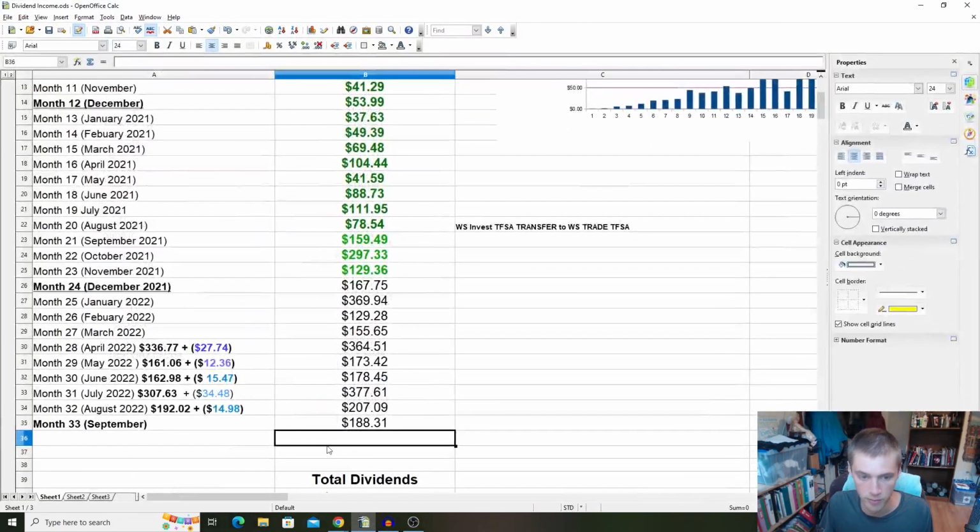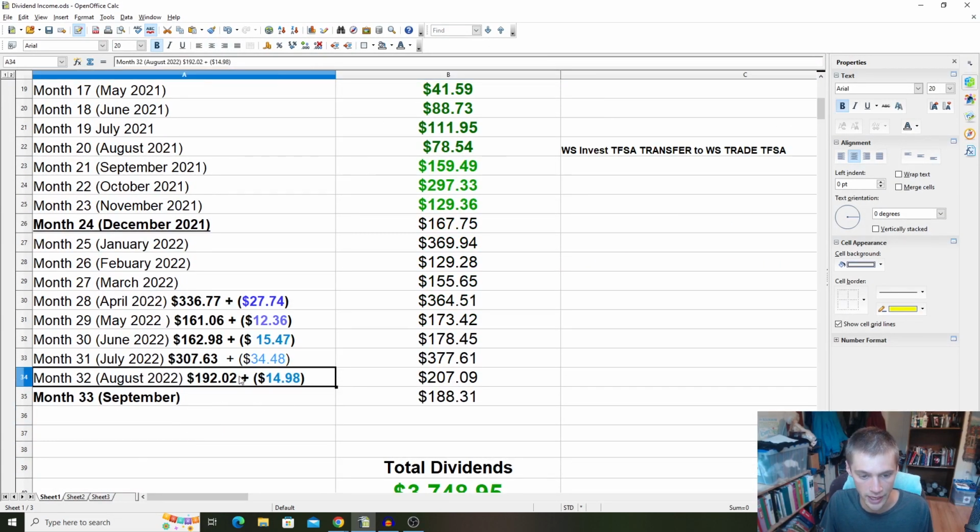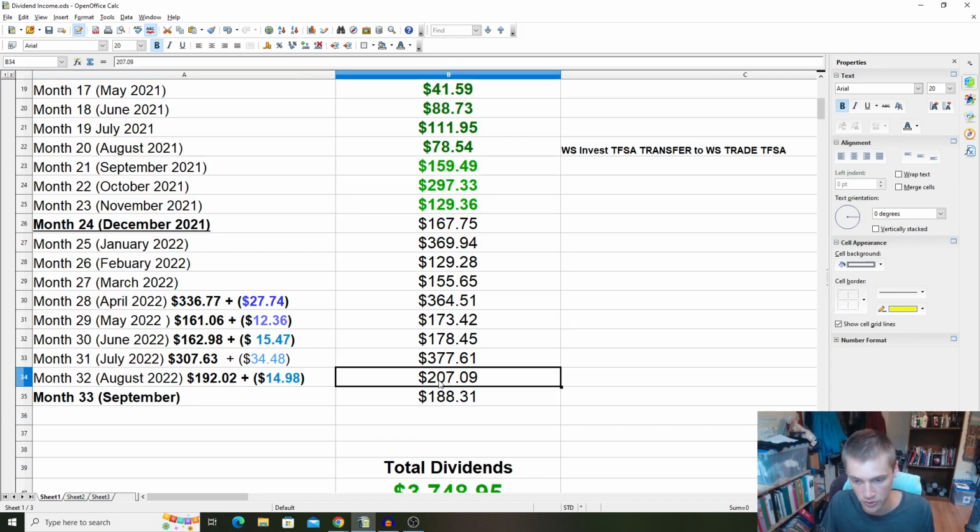And if we go inside our portfolio, we can see the returns on a monthly basis. August, I hit $192 in dividends. My fiancee's portfolio, her TFSA, hit $15. Together we made $207. September so far, I only got mine added up right now, but we got $188. So we're already almost at August dividend income, and we're about halfway through the month, so it's looking like a